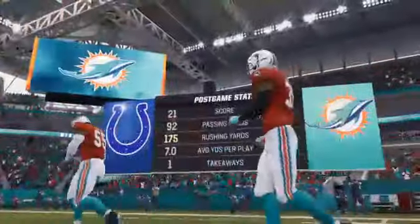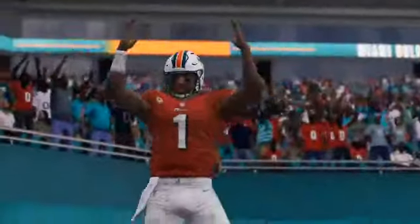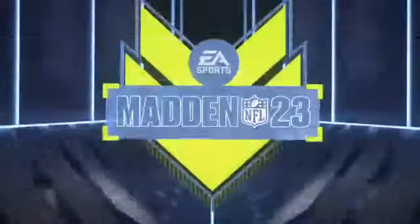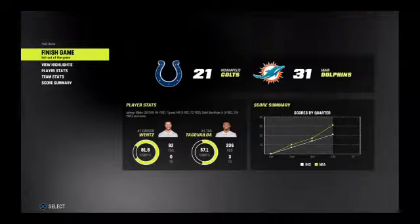So for Miami, they pick up their second win now on the year. And they'll get another home date next week as the Jaguars will come to town. Meanwhile, for the Colts, they suffered defeat for the first time as they dropped to 2-1. And they'll get a home